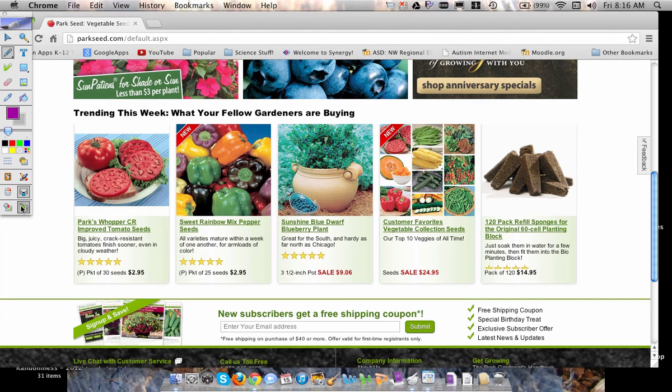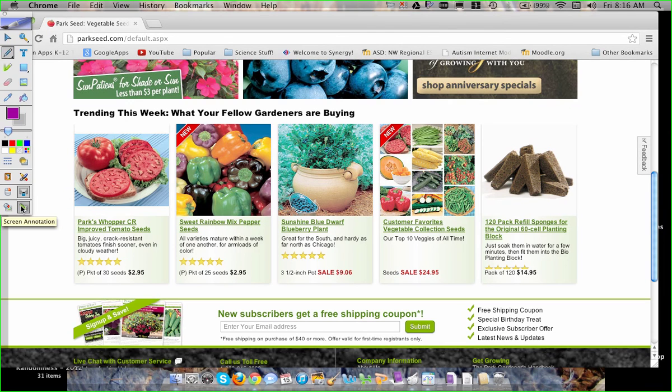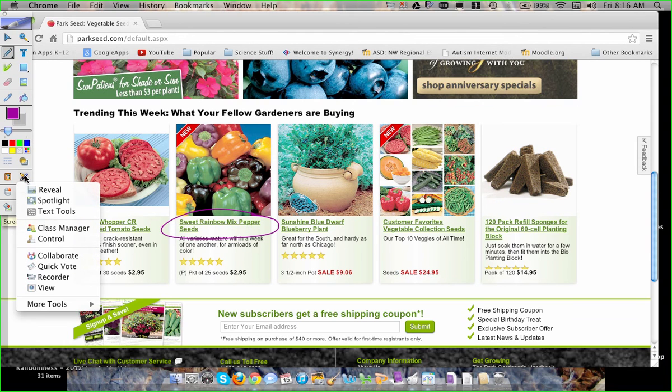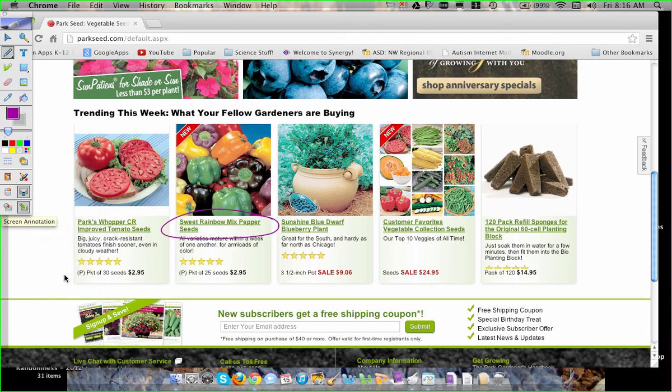Again, if I want to be able to draw on my screen, I click the screen annotation on this toolbar. It captures a screenshot, and then I can write on it again. So I can use my pen tool and say, here are some sweet rainbow peppers, and you can go through and record the whole thing. When you're done recording your video, you go back to the toolbar right here. You click on the recorder again, and it will say video paused, and then you can